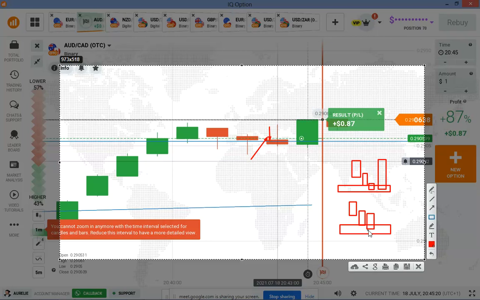This one, the candle opened inside this zone immediately, so buyers enter. But this, the price gapped up a little bit, so it must close inside this zone before buyers enter. So that is what happened here. So this is a zone here. This candle must close inside this zone before buyers enter.